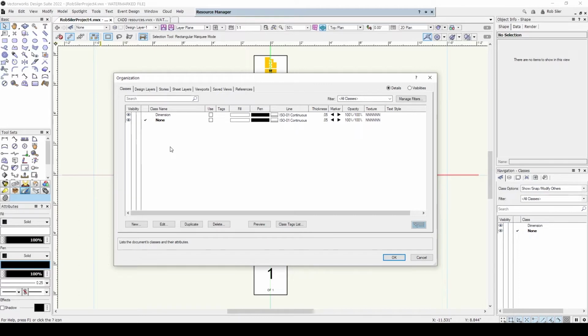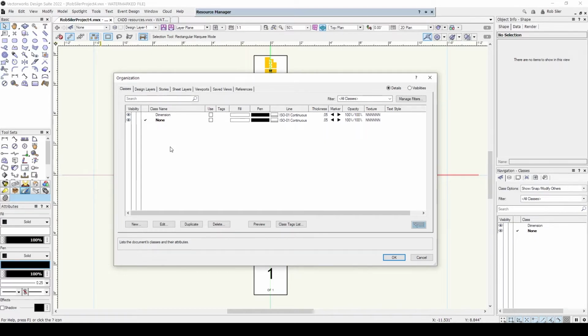Classes you can think of like pencils. They help us assign graphic attributes and control visibility within the program. They are also really good for allowing us to choose visibility options. So, for example, if I want to be drawing the theater architecture within my drafting, I'm going to pick up my theater architecture pencil. In this case, my theater architecture class. If I'm going to be drawing lighting objects, I want to pick up my lighting pencil. If I'm going to be drawing masking or scenery, I want to pick up either the masking or the scenery